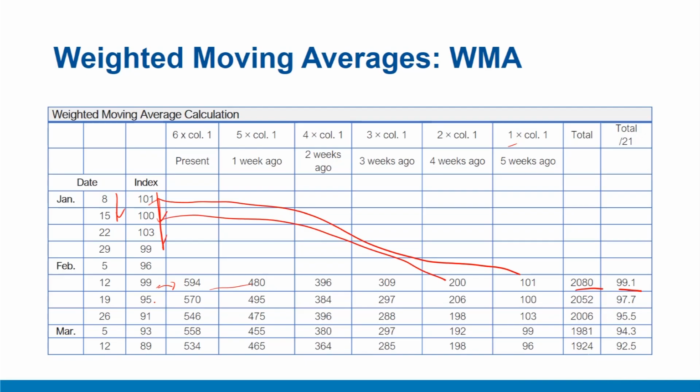Now when we shift by one period, 95 is the most recent observation, so 95 is given a weight of 6 and 100, which is the sixth or last observation, is given a weight of 1. So 100 into 1, then 103 into 2, 99 into 3, and so on up till 95 into 6. All these are summed up to 2052 and divided by 21 to get this observation. Notice that these WMAs give more weight to the recent observation, and therefore probably generate more timely signals as compared to SMAs, which were slightly slow because they gave equal weight to the most recent observation, same as the older observation.